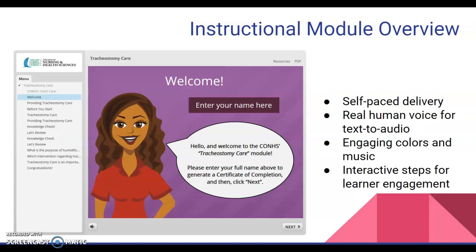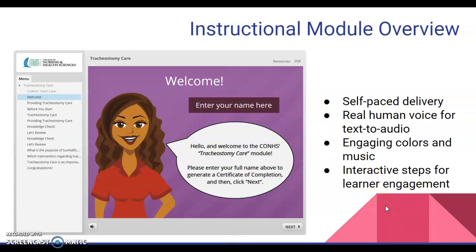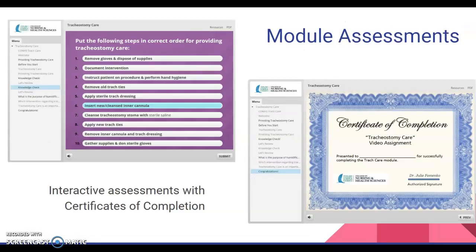So for instance, on this screen, the student would enter their name so that whenever they generate the certificate of completion at the end of the module, they have their name already printed on there, and it gives them a sense of accomplishment. The module assessments, as you can see at the top left image, can be multiple choice, they